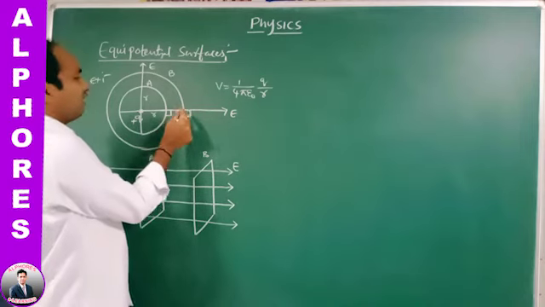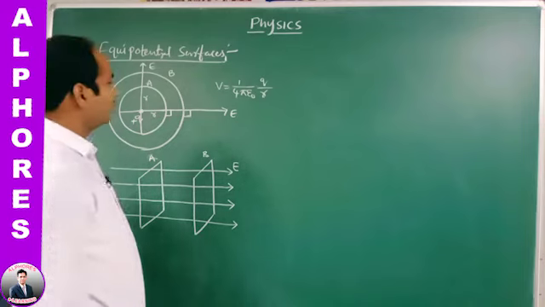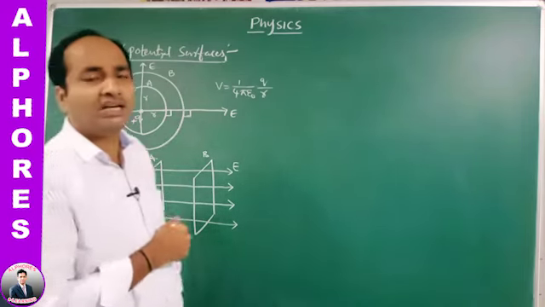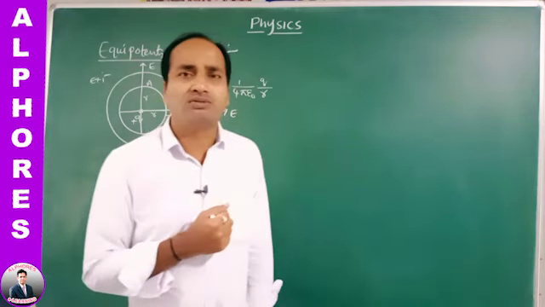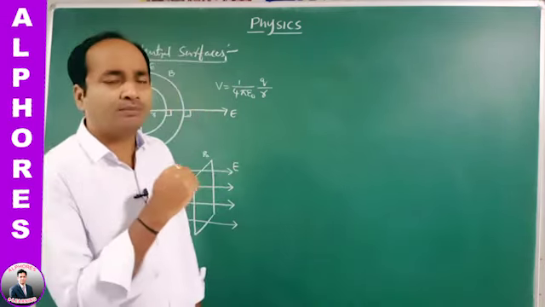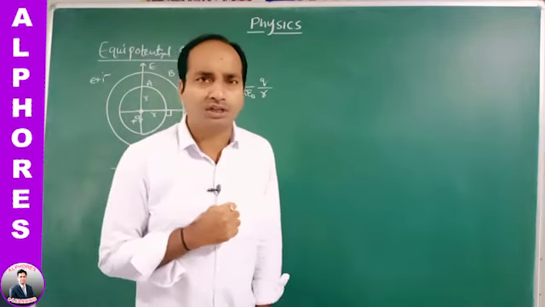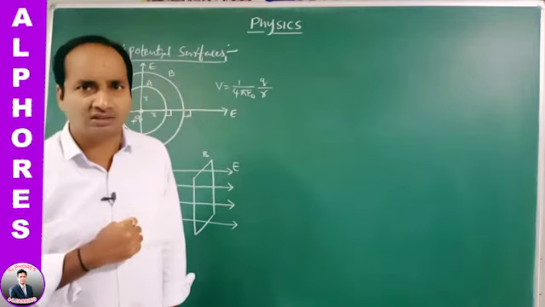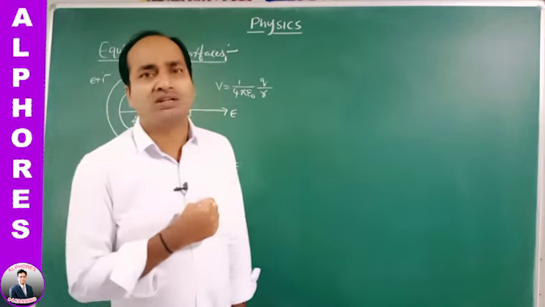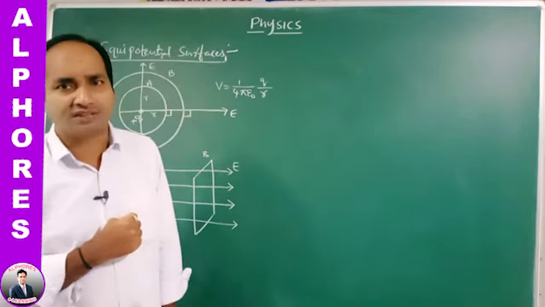Electric field is always normal to the equipotential surfaces. If not so, a component of the electric field acts tangential to the equipotential surface. Then to move the charge from one point to another point on the equipotential surface, some work has to be done. This is a contradiction to the definition of equipotential surfaces.